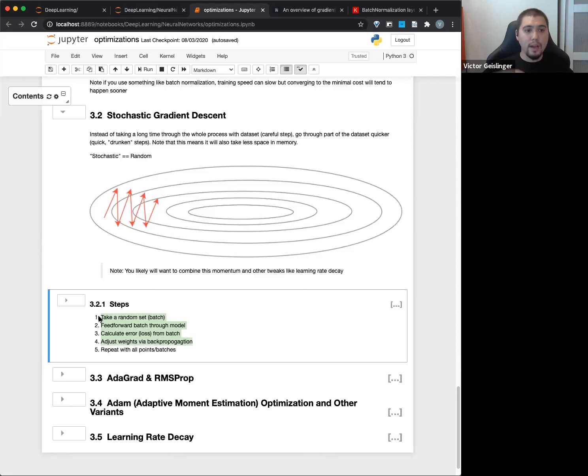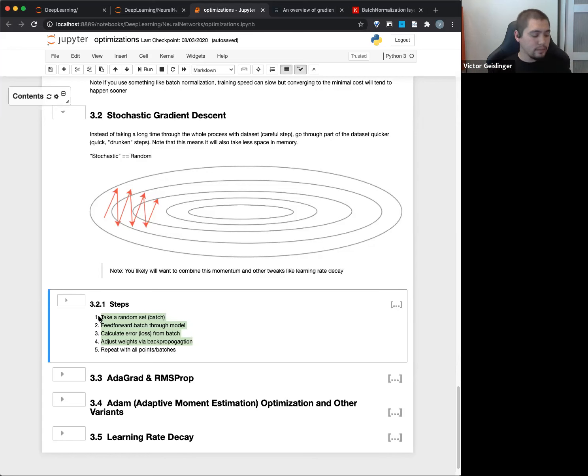Remember the cost function itself is defined by all of the data, and how the weights have the minimum based on that whole data set. So instead of considering all the data, we're just going to consider a batch at a time, which might sound like not a good strategy because you're not considering all the possible values, but we're just trying to get there faster.